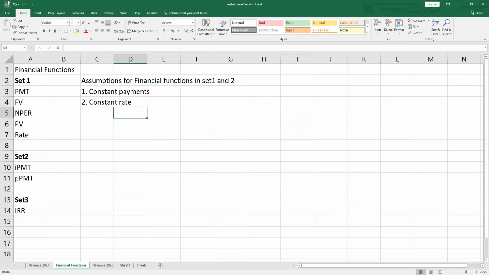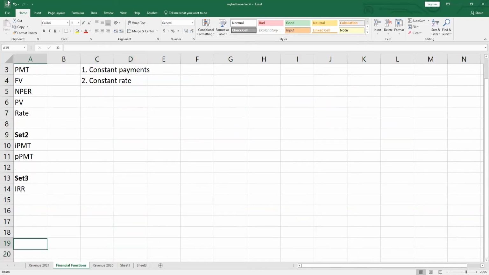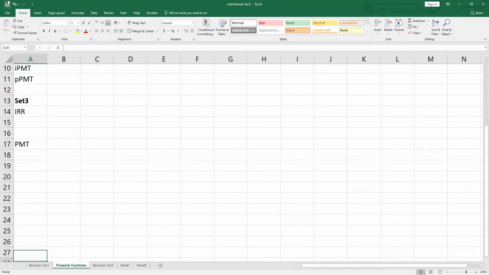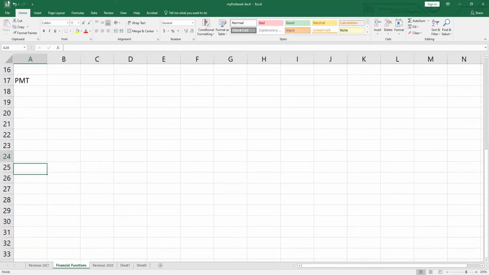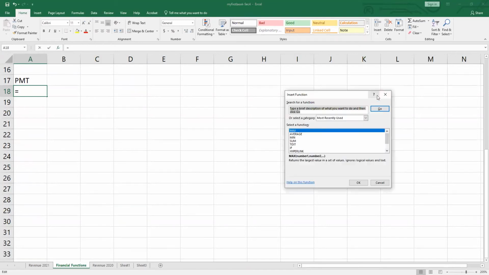Now let's begin with the first function in this set, that is the Pmt function. Let's see, I will begin with the Pmt function. In order to use this function, let's understand it first. What is it? What does it mean? So we will go to insert function here, and then we type Pmt and then